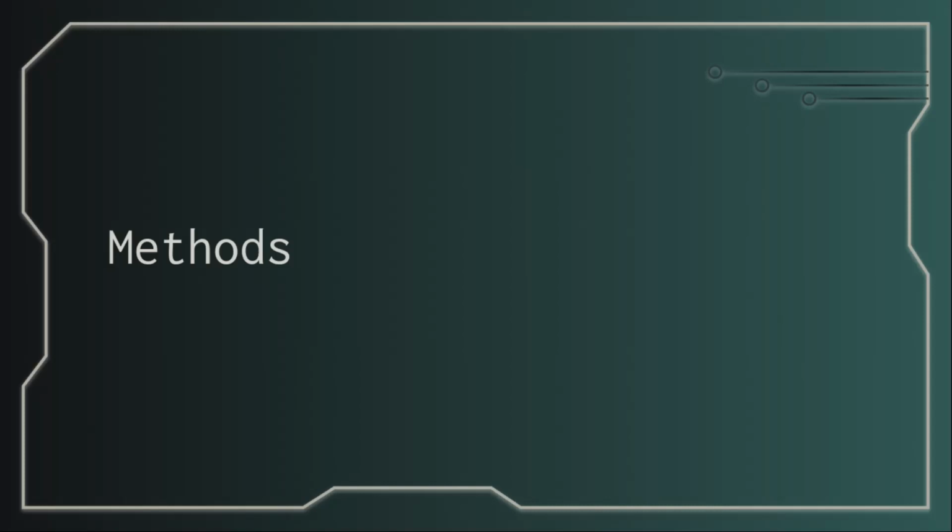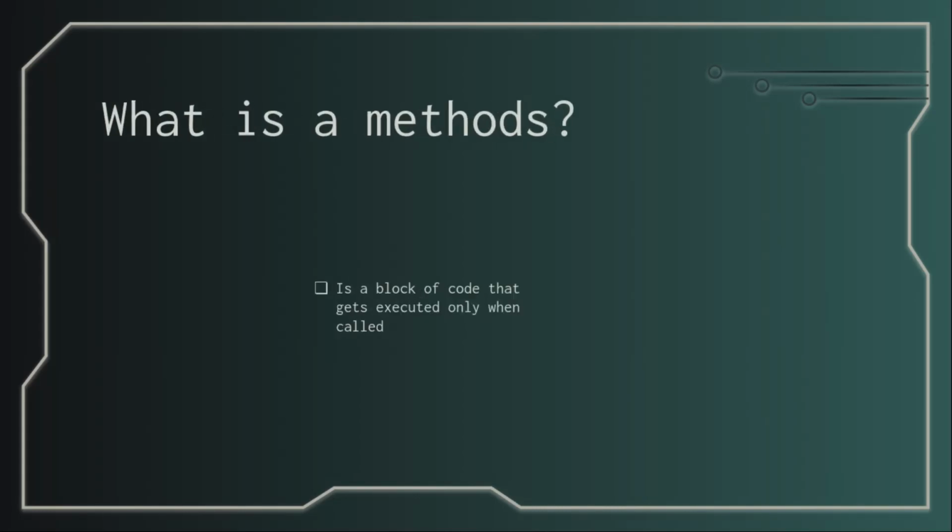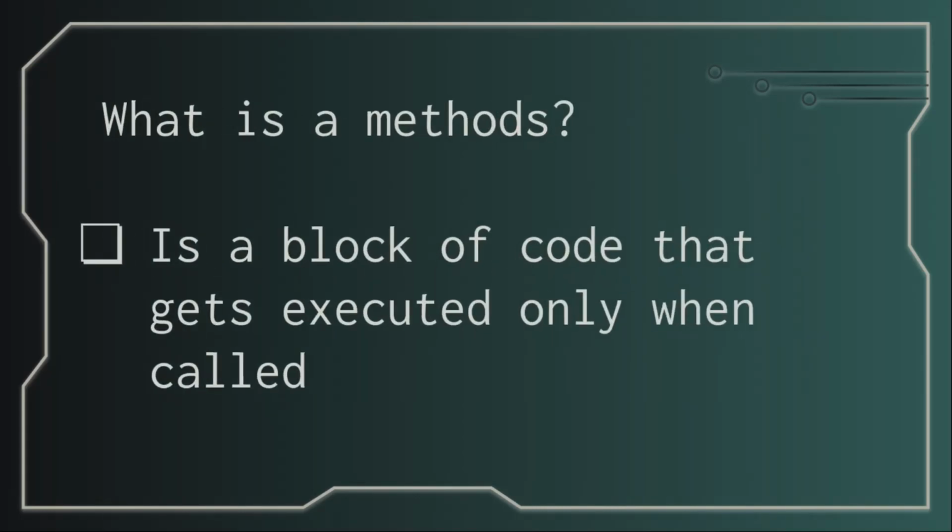Coding the same thing over and over again is not a good practice when it comes to programming, right? So the first thing that you want to fully understand is, what is a method? A method is a block of code that gets executed only when called. Basically, you define a method and then you call it in the main function. The main function, or main method, you've seen it, is always in every one of our programs. So you call that method,